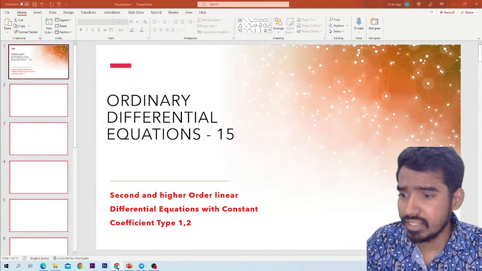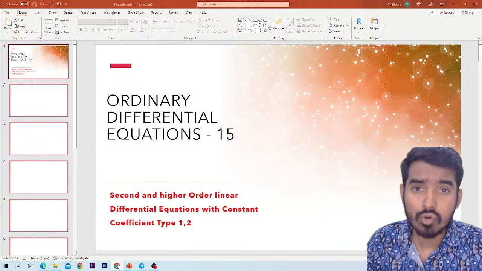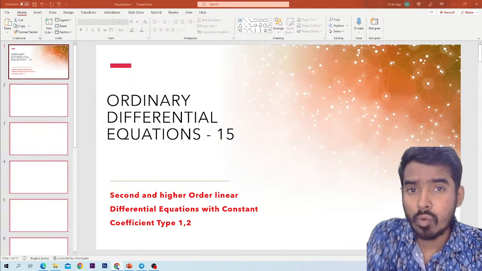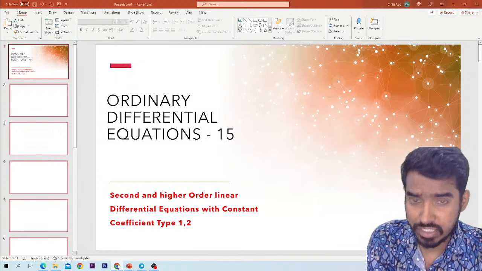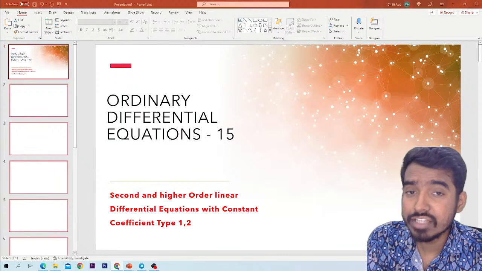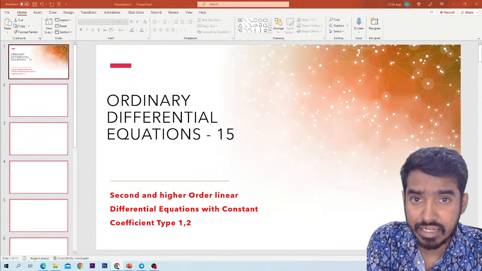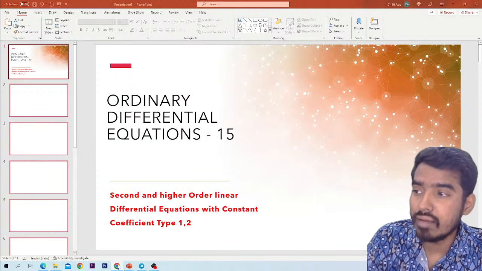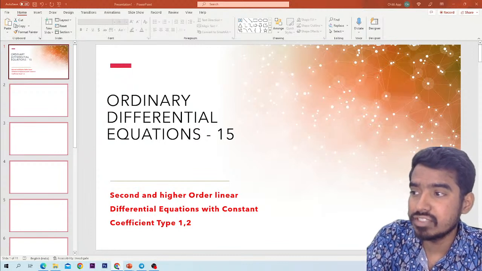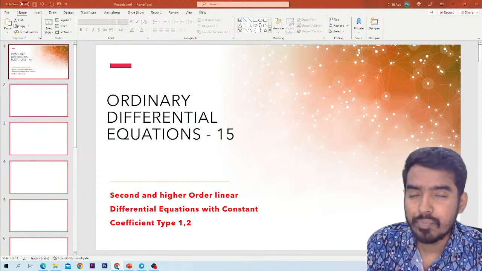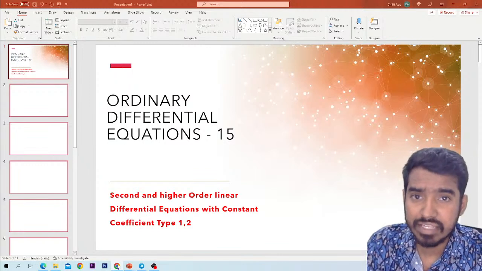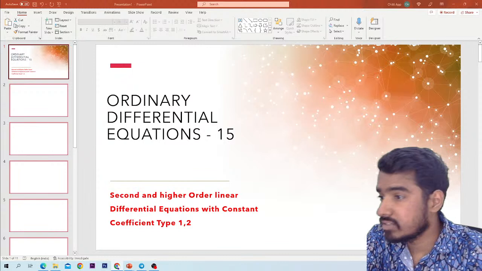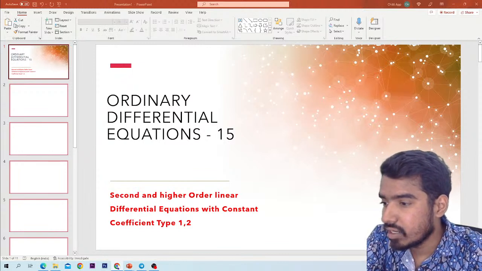So we are in the 15th lecture of ODE. From lecture number 1 to lecture number 13, we have been solving problems based on differential equations of first order and first degree. There are many methods to solve differential equations of first order and first degree, and we have solved problems based on that in lectures 1 to 13, right? The last class, in lecture number 14,